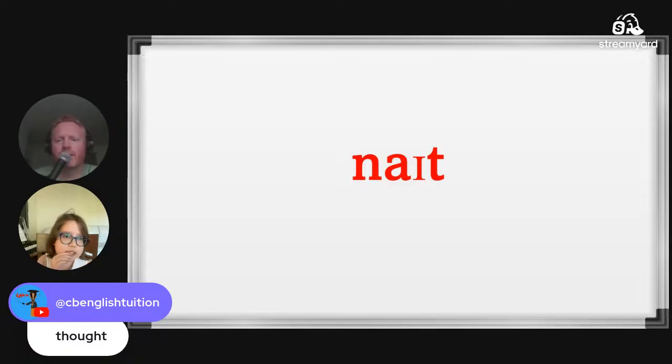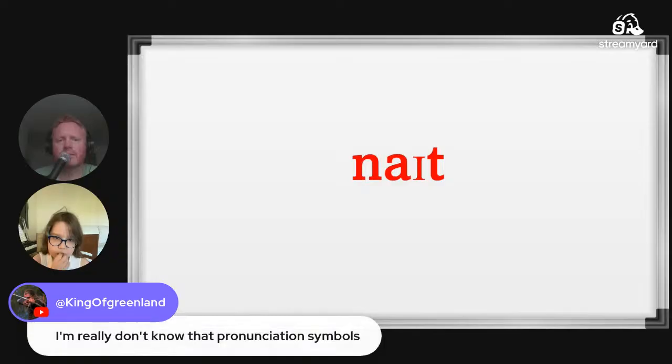I just don't understand what word this is. Yeah, okay. Greenland, yeah, we just spent the last hour going through all of the symbols. It takes a long time to learn, so give yourself an extra few hours going through learning them. It can help you with pronunciation, because I say it's a much better way of representing sound than the normal English alphabet, especially when English spellings usually are so weird.